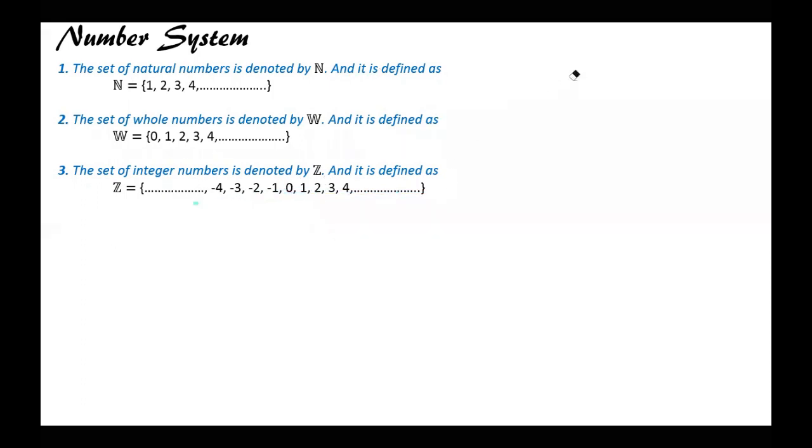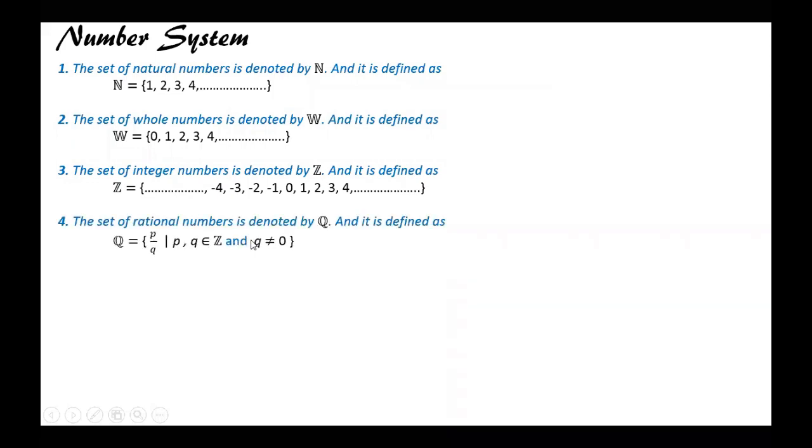So we have this one, and number 4, we have the rational numbers, and already you know the rational number is denoted by P by Q. Any rational number can be represented by P by Q, and the collection of all rational numbers is denoted by Q, this capital Q. And remember, whenever you have P by Q, Q is not equal to 0, and P, Q belong to the integer set. That means what I want to say here,